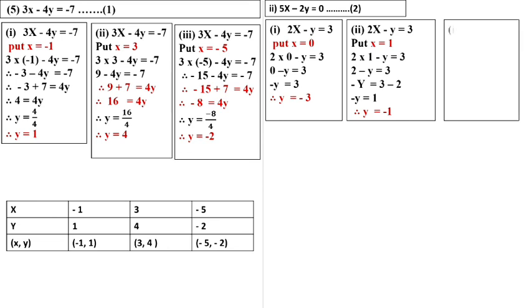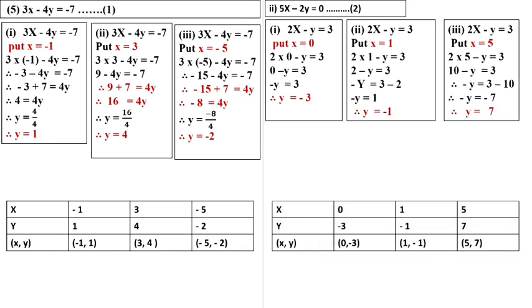And the third one, 2x minus y equal to 3. So here, students, we are going to take the x value as 5. 2 into 5 minus y equal to 3. 2 times 5 is 10, minus y equal to 3. 10 will go to the right side and become minus 10. So minus y equal to minus 7. Minus minus cut, the y value is 7. Substitute the values in the boxes to draw the graph.